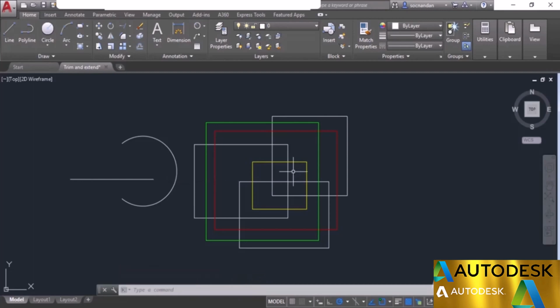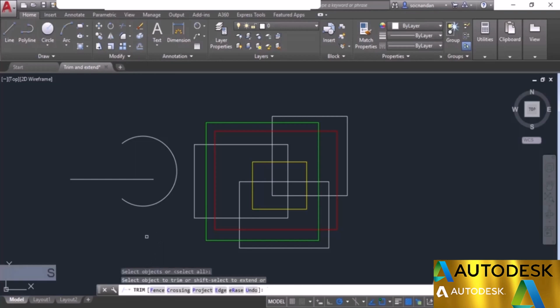The trim and extend tool can be used using a single command also. So in the previous case, we saw that we can toggle this trim and extend tool from the flyout, but you can select the trim tool and use it for extending the object. So right now you can see that I've selected the trim tool, but now I'll press enter